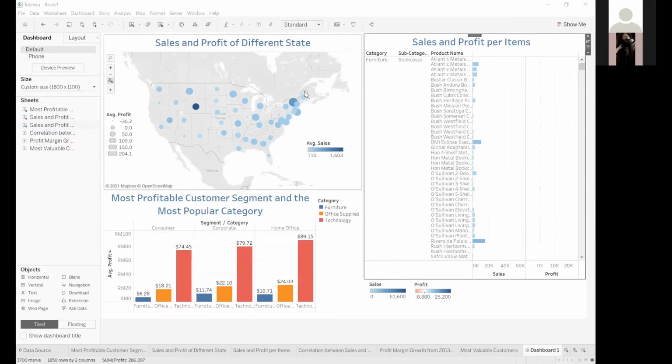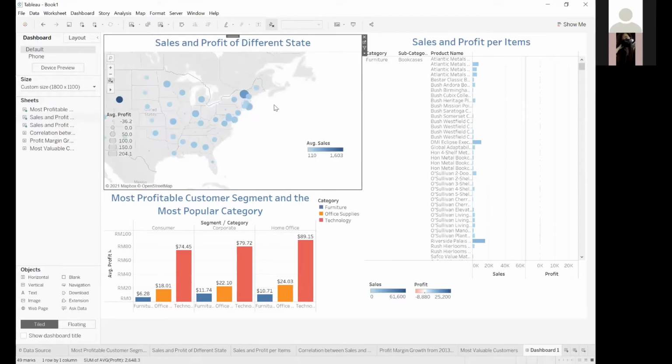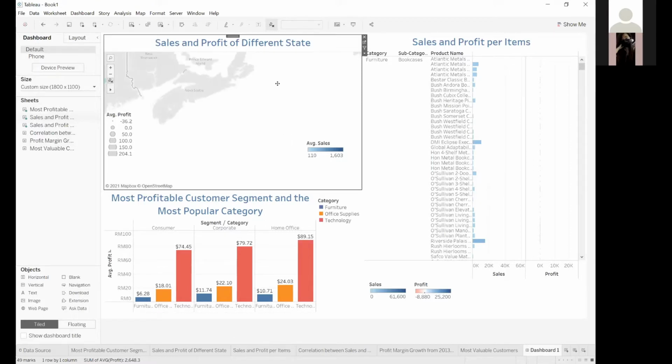So let's say I want to have a look at the sales and profit of items in the state of Fairmont. If I just click on Fairmont, it will not affect the other sheet. So how to make this map affect the other sheets? We click on this map,